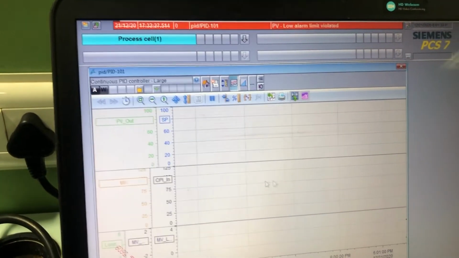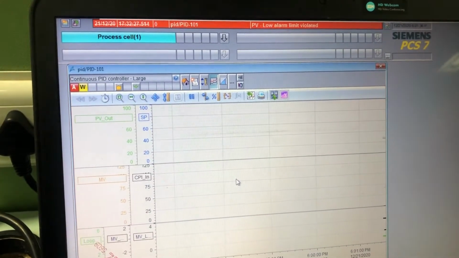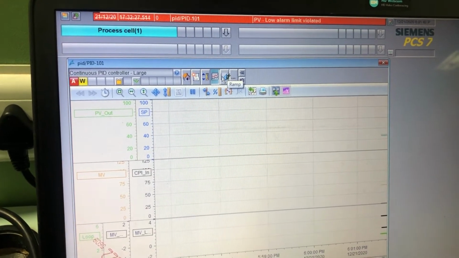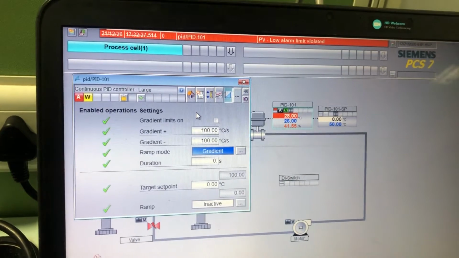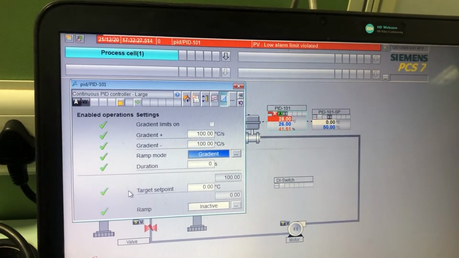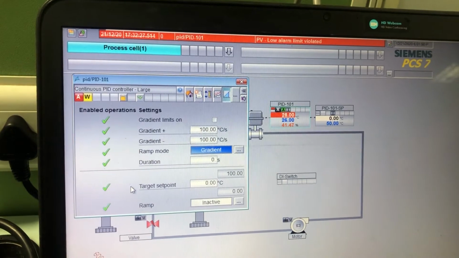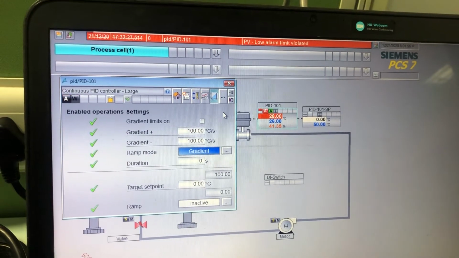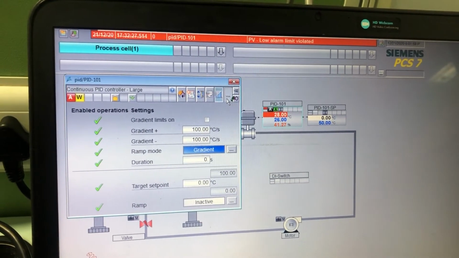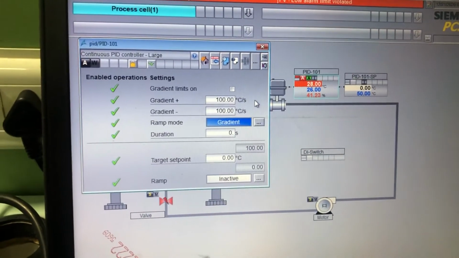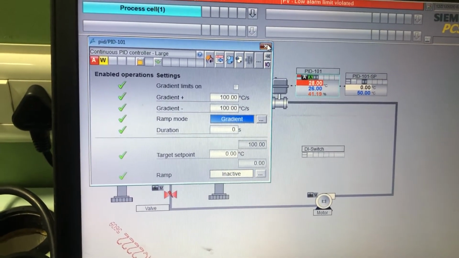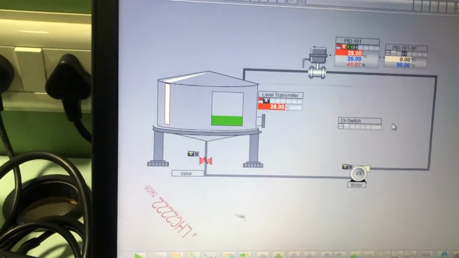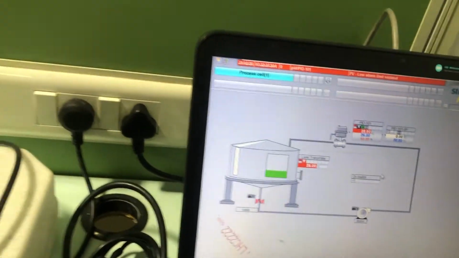Then here we can see trends for the process value, for the set point and the control output. Then here we can also have the gradients, so rate of change can be controlled or defined, or can have the alarms from this PID faceplate. So this is in general the faceplate. Actually, this can also be customized as required.